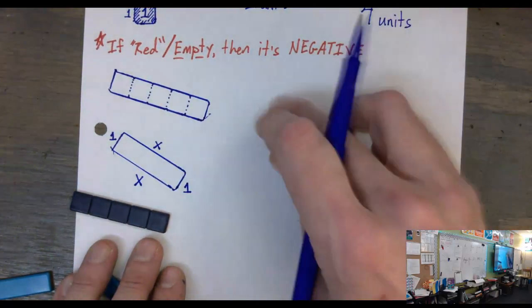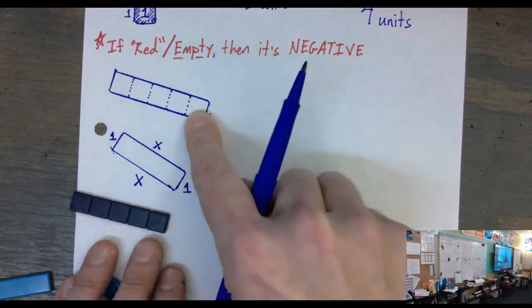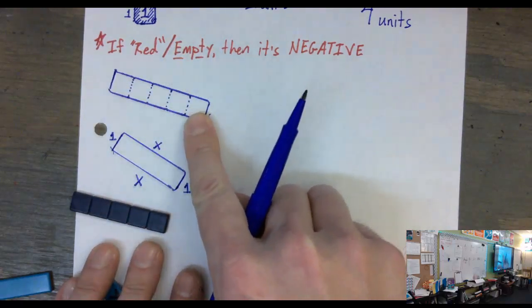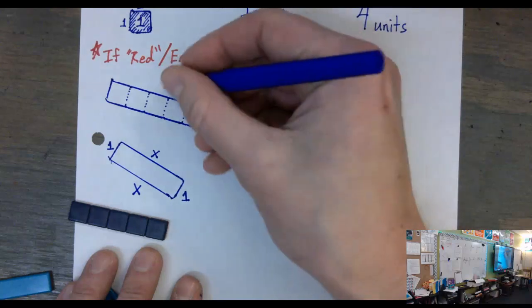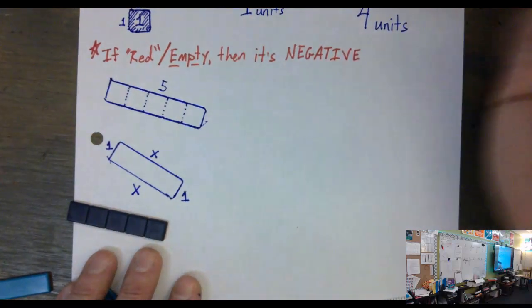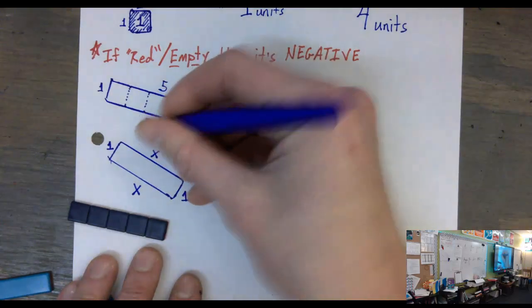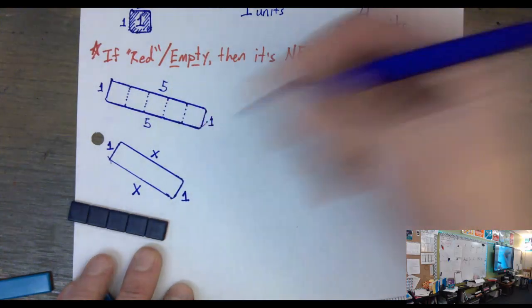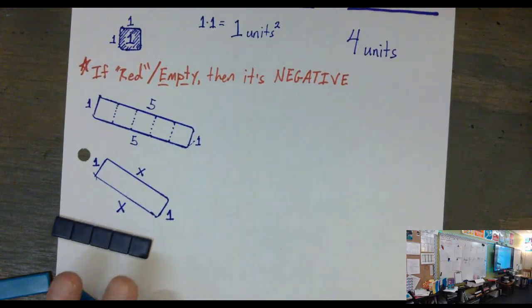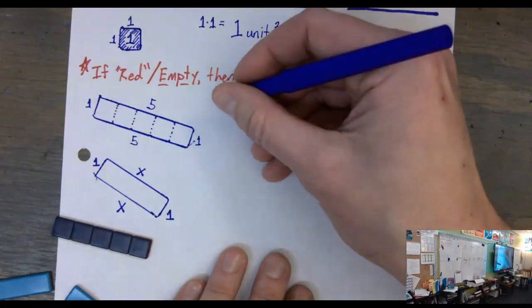So what is the area in here? Well, I think I can count. It's 5 long, 1 wide. Still 5 long on the bottom, still 1 wide here. You're fine, bud. If our area,